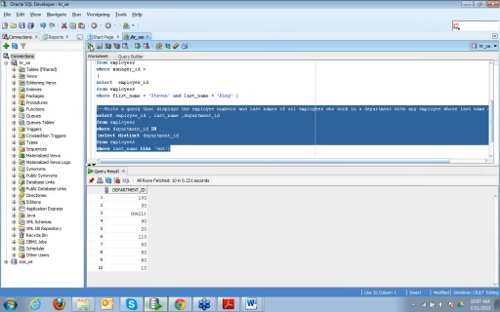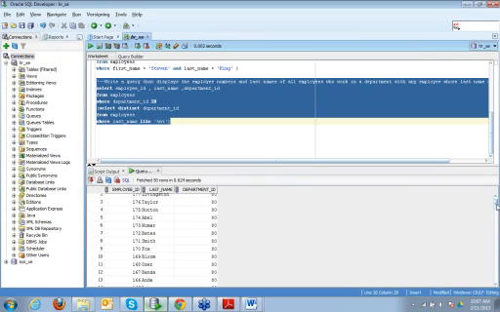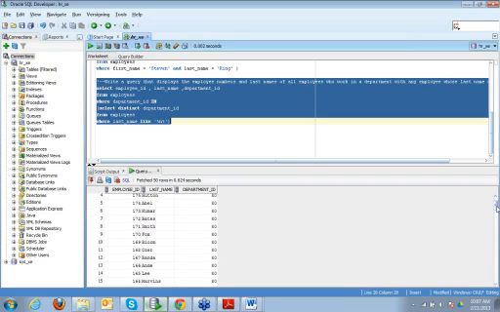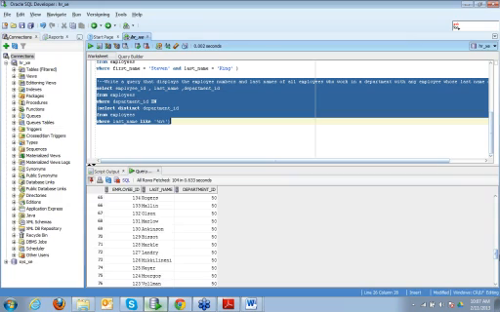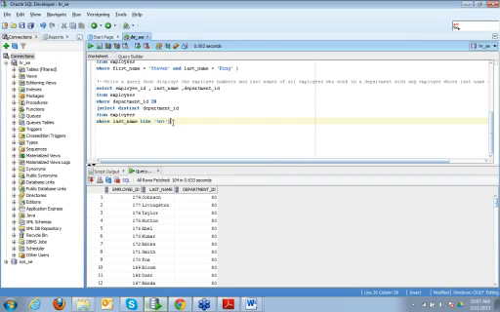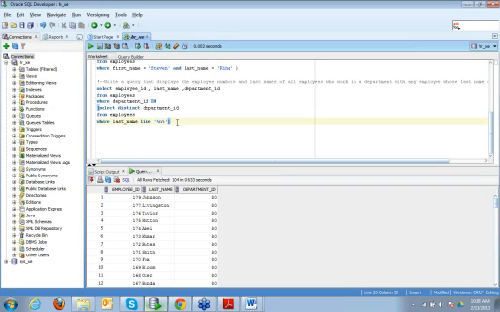Let us run this one. This is the information we want. It has the employee ID, last names, and the departments which were in this subquery. So IN can be used with a multi-row subquery.